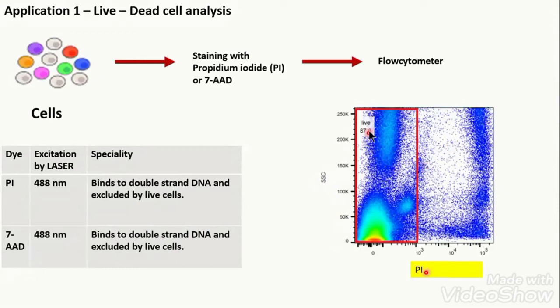So on the x-axis, we are having the fluorescence given by propidium iodide. So these cells are positive for propidium iodide, so obviously they are dead cells. And these cells are negative for propidium iodide, so they are what? Live cells. So within seconds in a given sample, I can find out how many cells are dead, how many cells are live, and whether